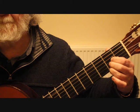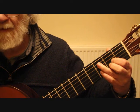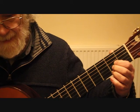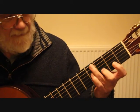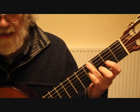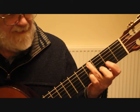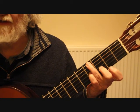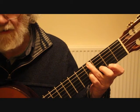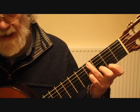I'll play that again. Now, the second bar is where quite a few players have problems, in that we need to get our third finger on G sharp on the sixth string, fourth fret, the little finger on the third string on the B on the fourth fret, the second finger on the second string, third fret, and the first finger on the second fret of the first string, and that is the note that's going to change to give us our melody note. So that bar would then be